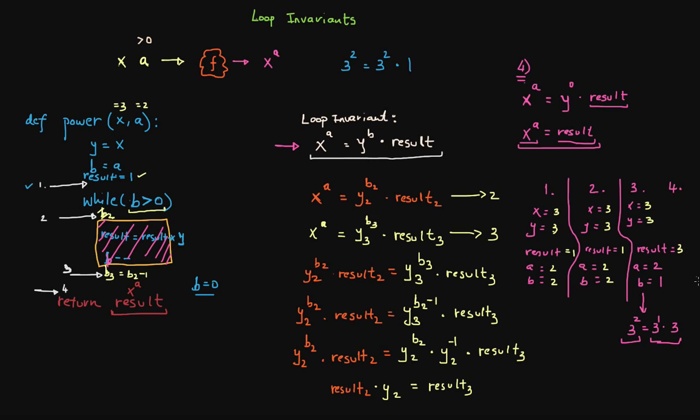So just step through this code, one more iteration, a couple more iterations, and you'll see that it holds every single time. At every single iteration, the loop invariant holds. And because the loop invariant holds every single time, by the time the loop breaks, my result is something that's just going to be equal to x to the power